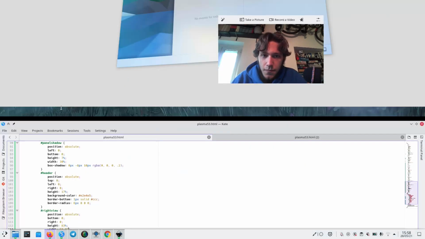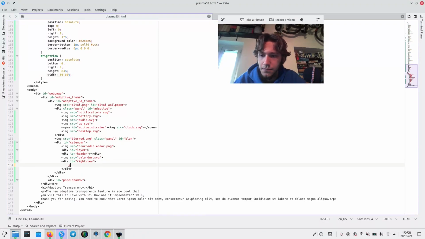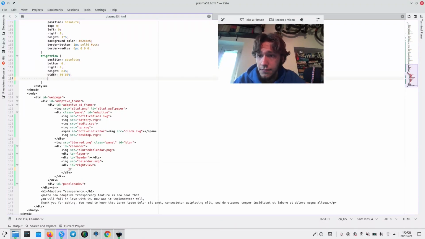Okay. And then inside of here, the view. Very important stuff. Overflow, hidden. We'll need this. And then image source equals, I mean, not equals, but